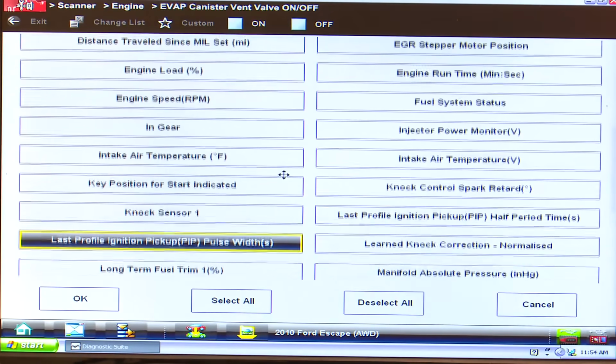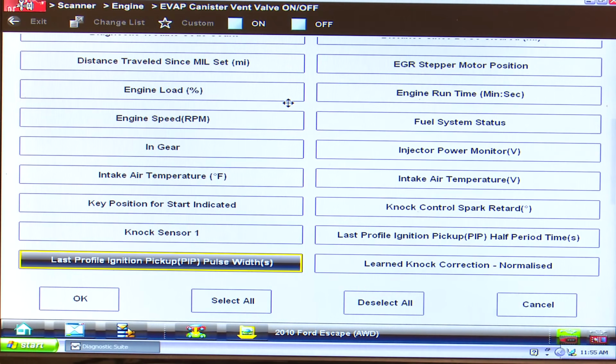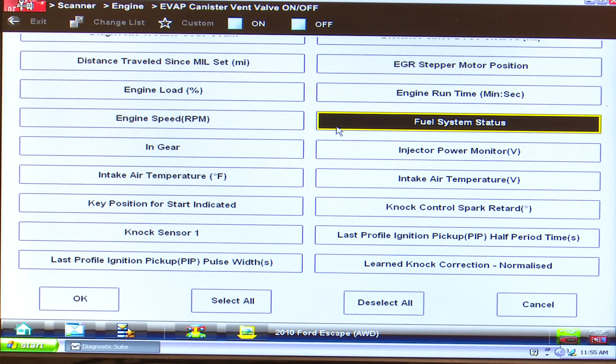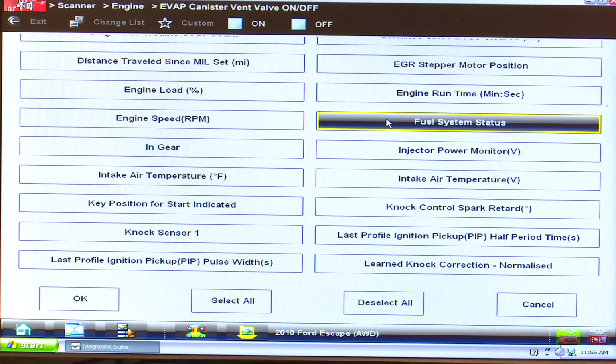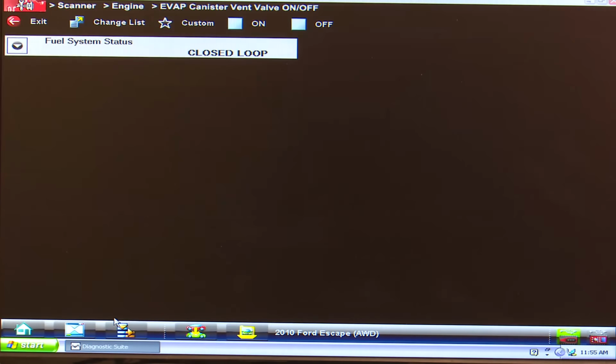What do you guys think? I don't see anything in here related to the evap vent solenoid. Oh, I see fuel system status. That's about the closest I get. So I don't want anything. So I'm going to push. All right, it's going to force me to grab something. Okay, we'll grab that. Well, thank you to the software for not allowing me to see what I want to